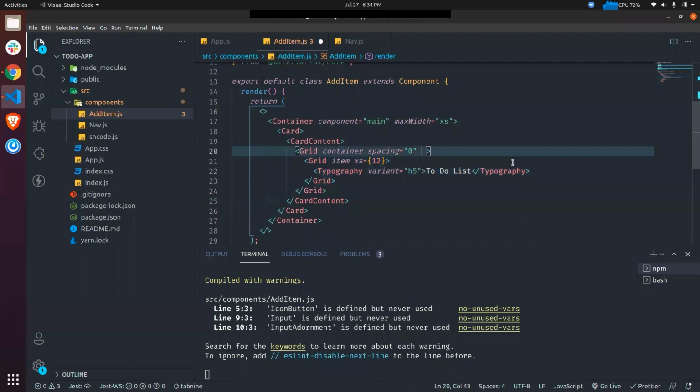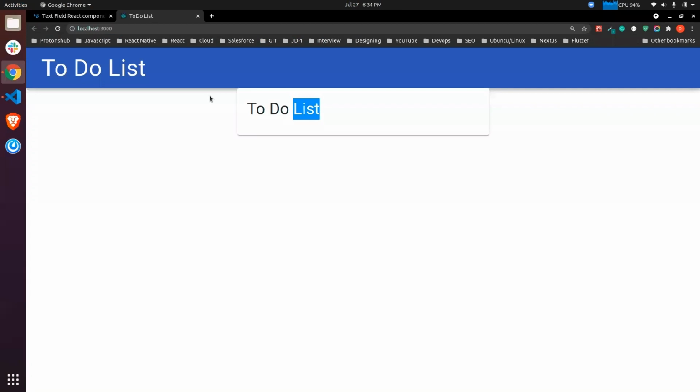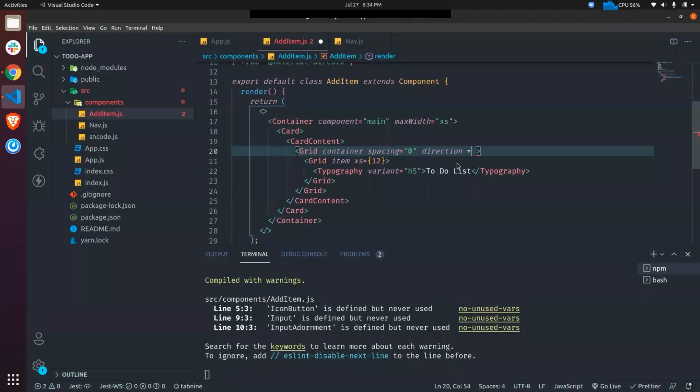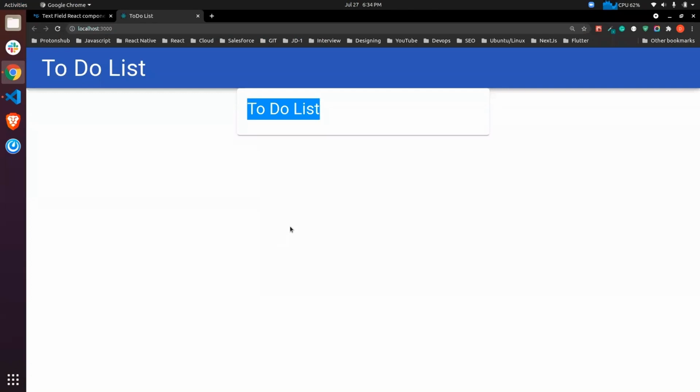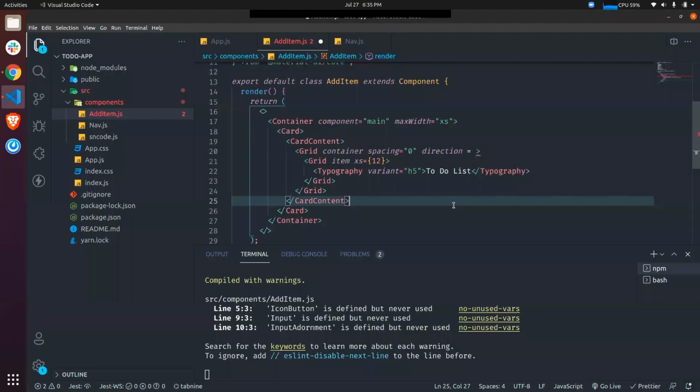Now we have to provide the direction. So what will be the direction of our container? As I said, we can have rows and we can have columns. If we give the direction of column, it will take the space of a column, so all the space till here. Now the next element will come from here. And if you take the row, it will take the width till here, and the next item will appear here, and so on. So let's take the direction of a column.